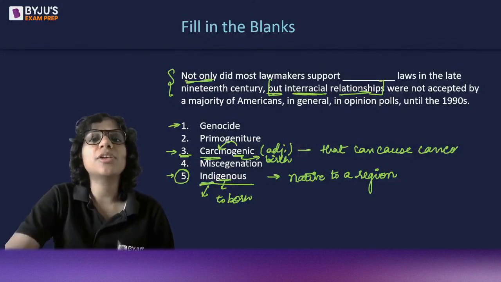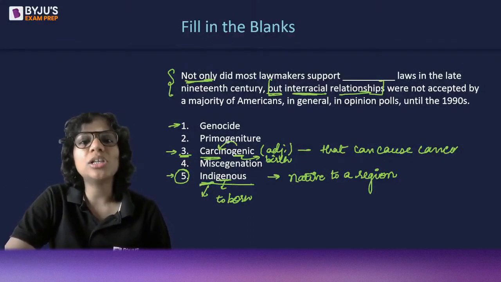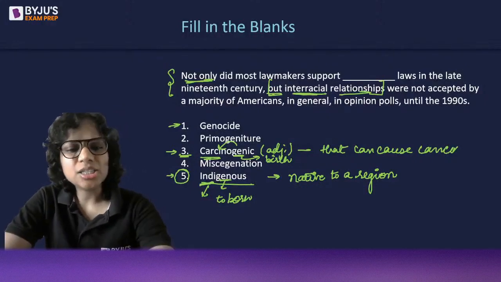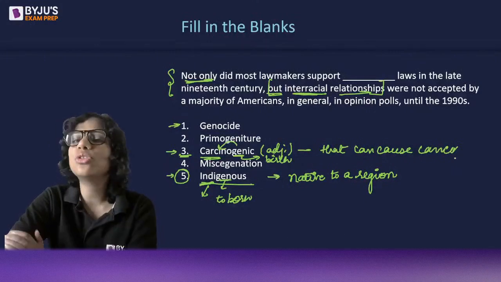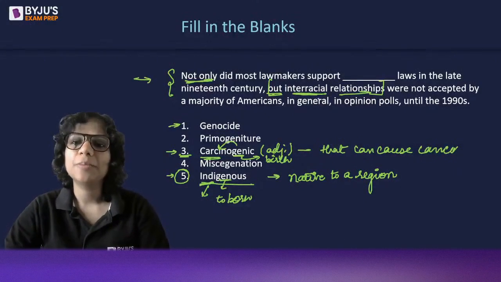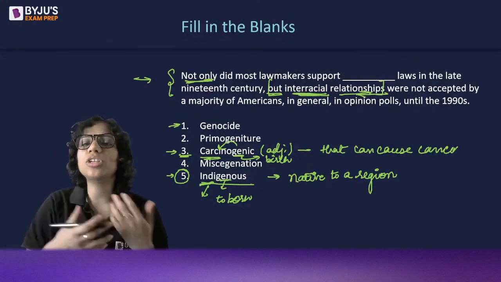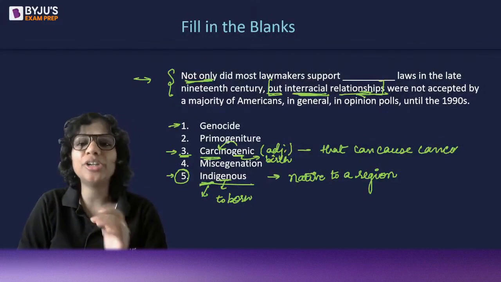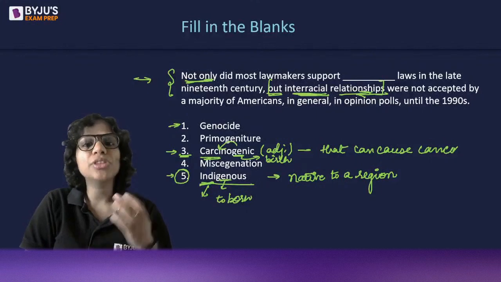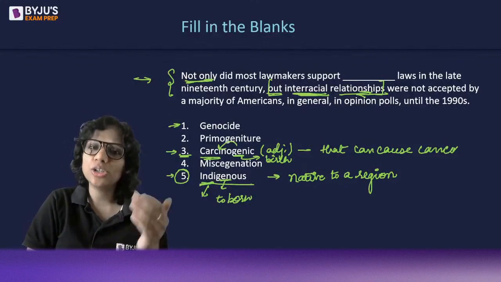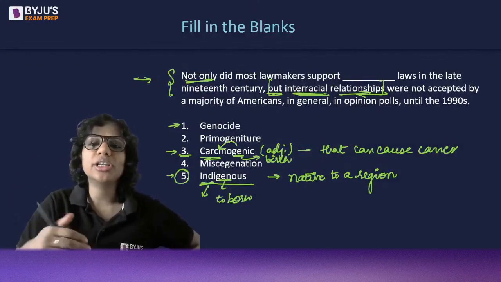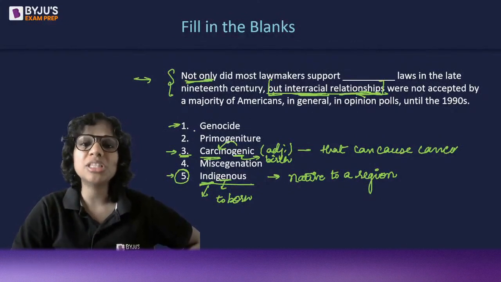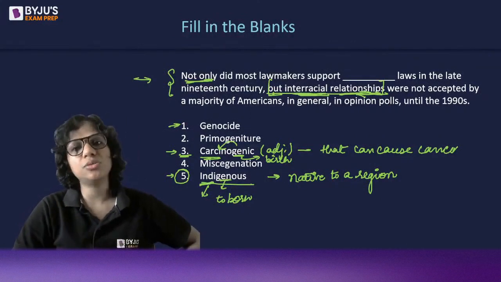So this is how we have to analyze our mistakes. We have to see, were we close? If we didn't get it right, why did we not get it right? In this question, for instance, did you pay attention to the context, the surrounding words? Did you see that this is about interracial relationships, so there has to be a connection there? If you did, you made your best effort. Now, what else can you do? In case you saw these words and still got it wrong, that means you do not know the meanings of certain words here.